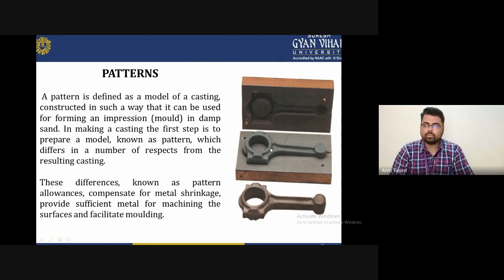You give a copy of a structure to fill the molten metal into that place, and allow it to solidify. After it solidifies, you remove the root material. We can say this is a casting, and the structure that was formed here is known as the pattern. So this is a pattern.